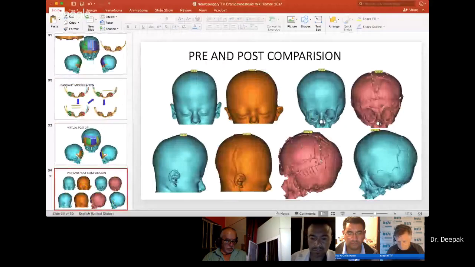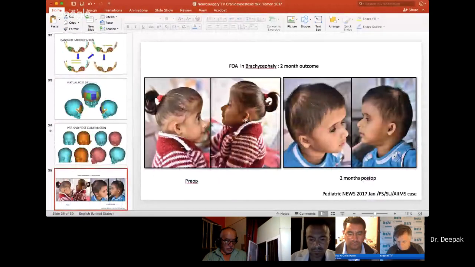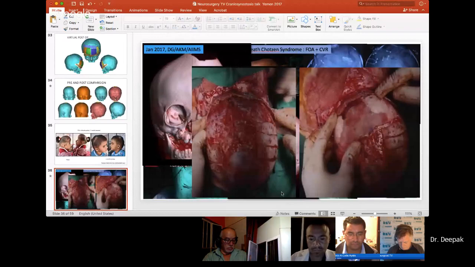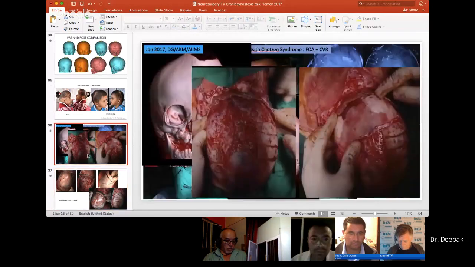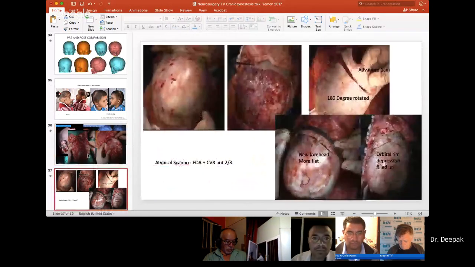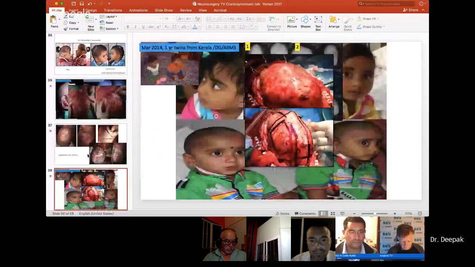So I go to the theater with a preoperative planning, and you can see this child with a very severe brachycephaly. The head is almost flat, in fact sunken inside, with a marked coronal synostosis. And this is how the child looks 2 months post-operatively, and it's a very decent outcome we have got on this child. So these are a couple of other cases, and sometimes we have to do a 180 degree rotation of the entire forehead, front to back, to fit in the contour after doing the advancement of the frontoorbital bandeau. So knowing this is very, very important for most surgeons for giving a good outcome.